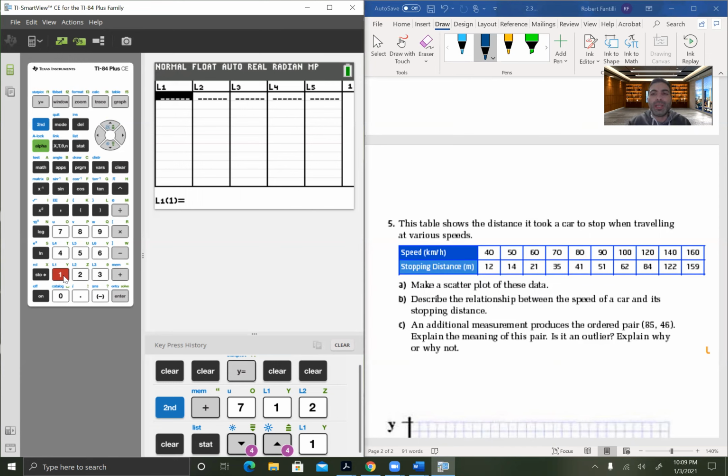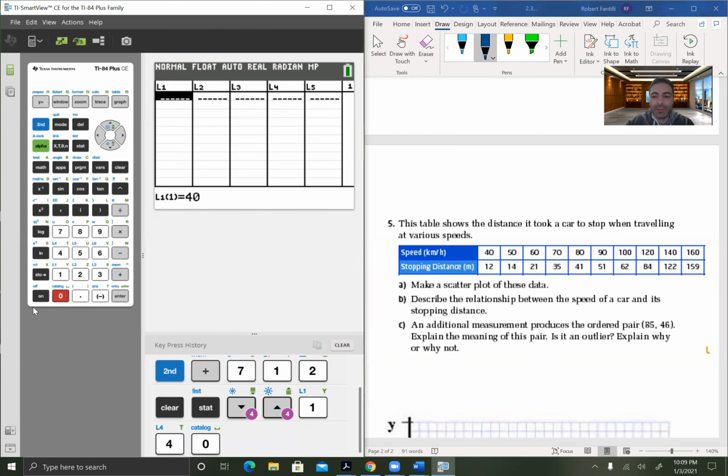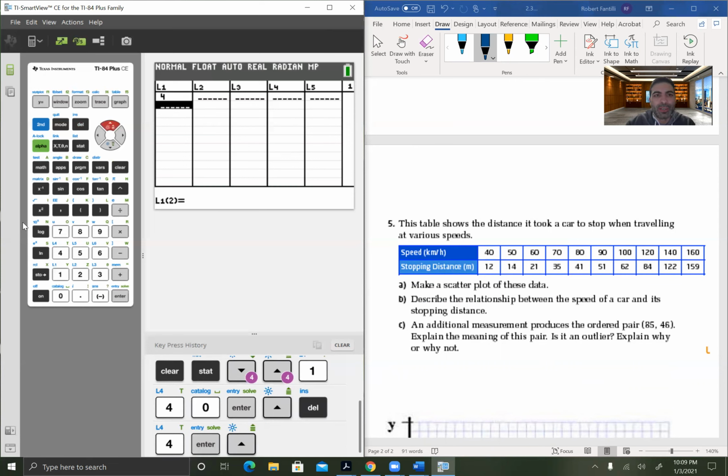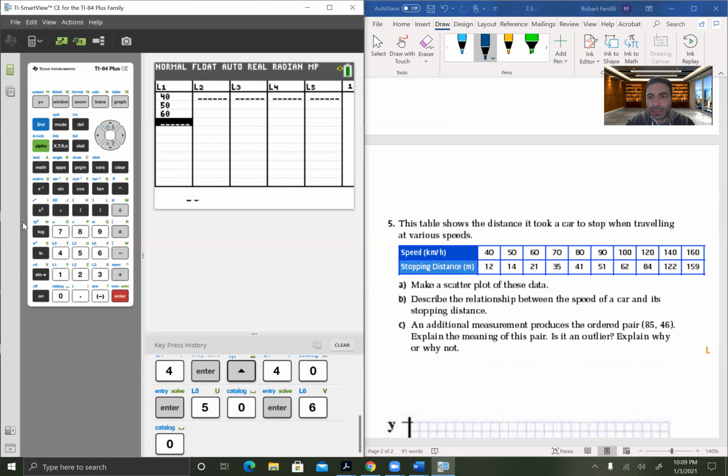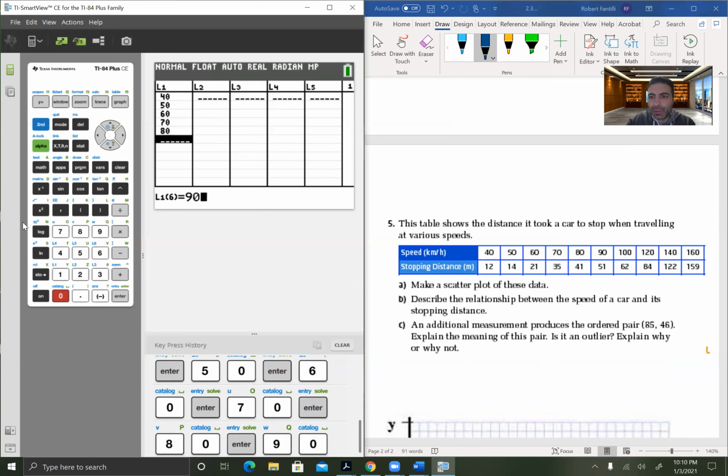Now, list 1 is going to be the information that we have in list 1. So I'm going to go ahead and put in 40 in my calculator, enter. Okay, notice my cursor, let's go delete that for a second. My cursor was right there. Okay, I hit 40. Oops, that was 4. I made a mistake. So I'm going to go back up and hit 40, enter. Then 50, enter. 60, 70, 80, 100. You got to be careful here and look at the information because it goes 40, 50, 60, 70, 80,